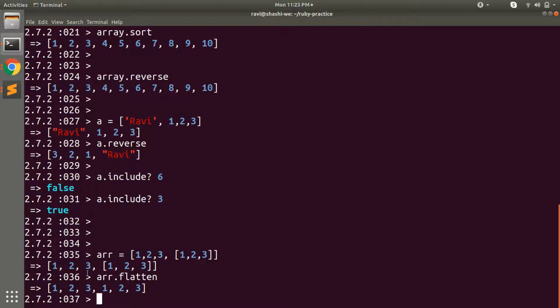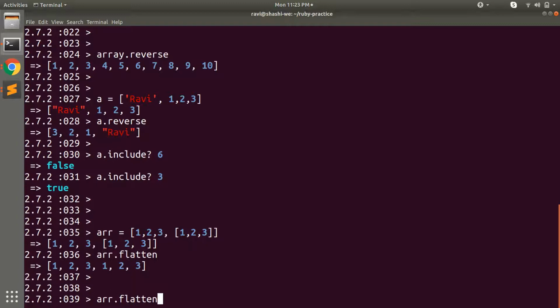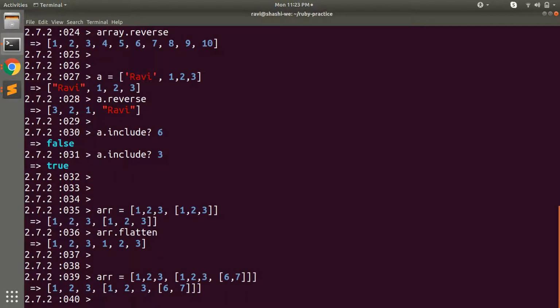Okay, so now you can see that this array has 6 elements. Similarly, you can have another level of nesting as well. Now let's add another. Now you can see that this array still has 4 elements: 1 2 3 and an array as the fourth item, but the fourth item itself has four elements, 1 2 3 as elements and 6 7 as an array element.